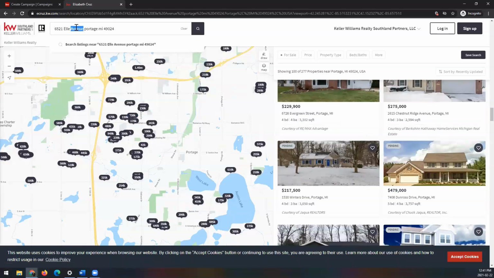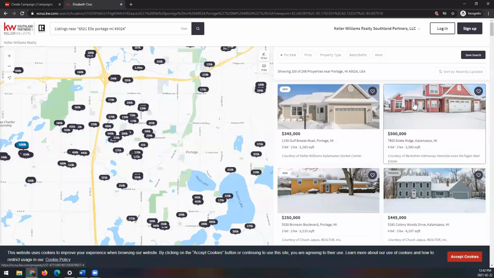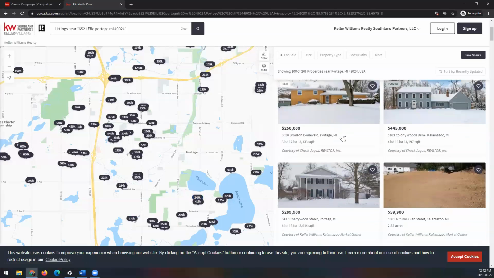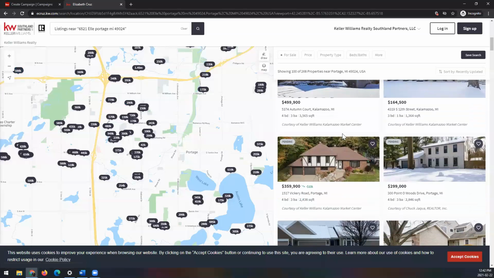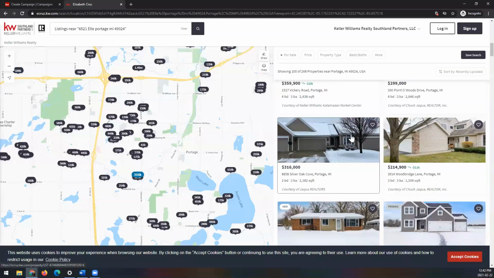I'm going to delete this avenue because maybe it's listed as Ave. 6521. This is what I get for just randomly typing in numbers when I'm searching for a listing. Well, I'm not seeing it right off the bat,